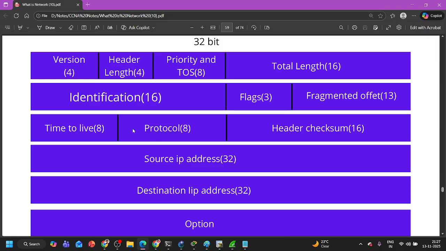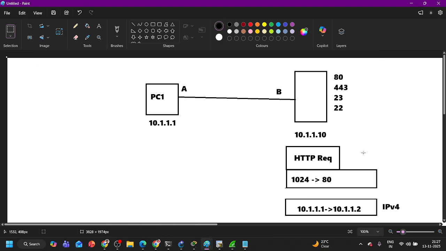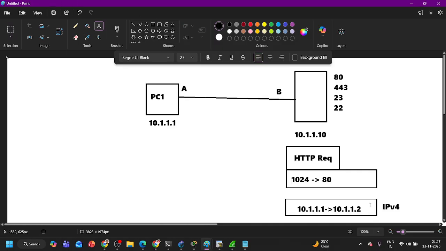Based on the protocol field. In all the headers, whether it is the layer 2 header, data link layer header, network layer header, or transport layer header, you will see some information through which you can identify the upper layer. Like here, at the transport layer, the TCP protocol is going to check this header, and TCP will check the destination port. If the destination port is 80, then I need to send the actual data to